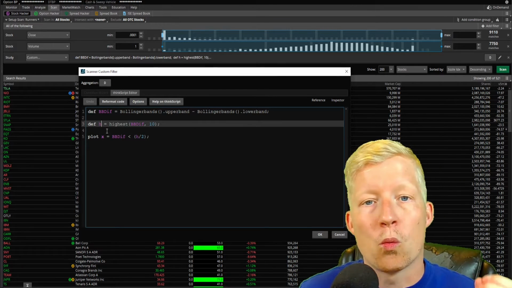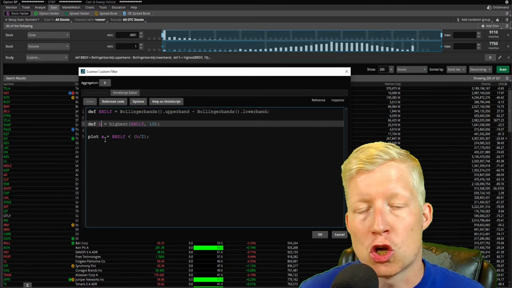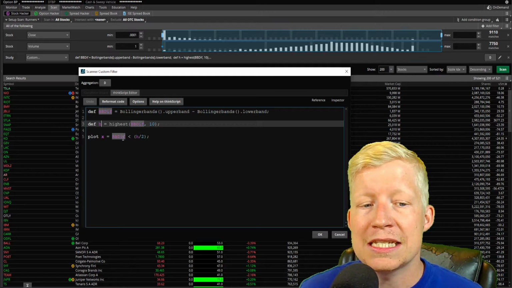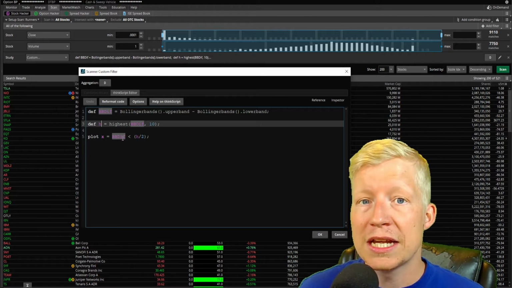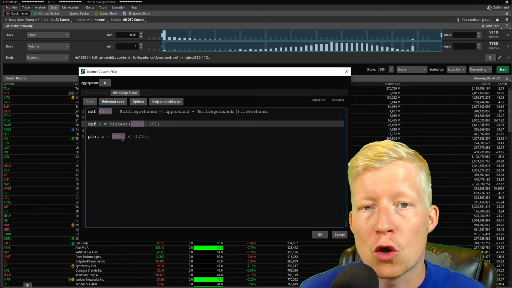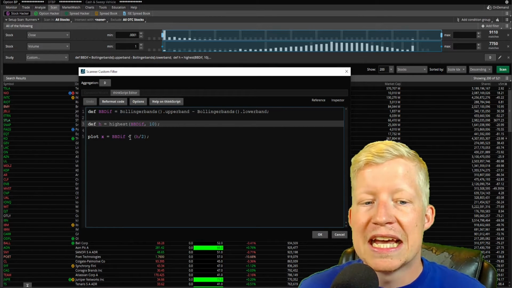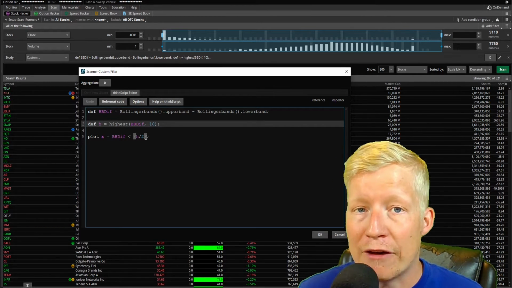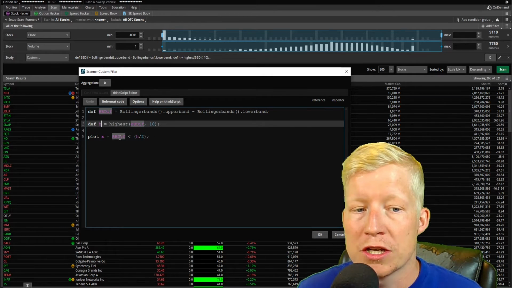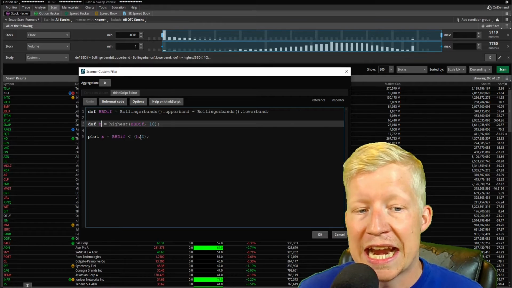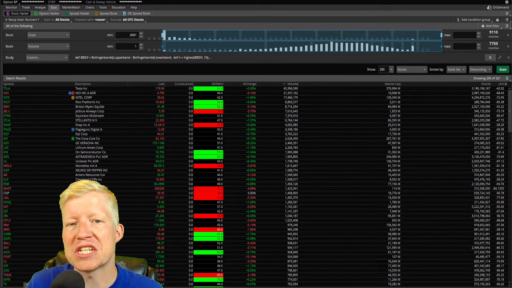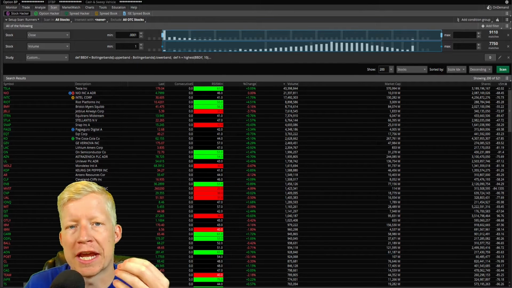Then the plot, or what the study is actually returning, what the scan is actually returning in this instance, is when the current Bollinger Band difference, the current difference between the high line and low line on your Bollinger Band, is less than half of the highest difference of the last 10 bars. BB diff less than H divided by 2. Does that make sense? Let's take a look at some of the stocks this scanner is currently returning just to